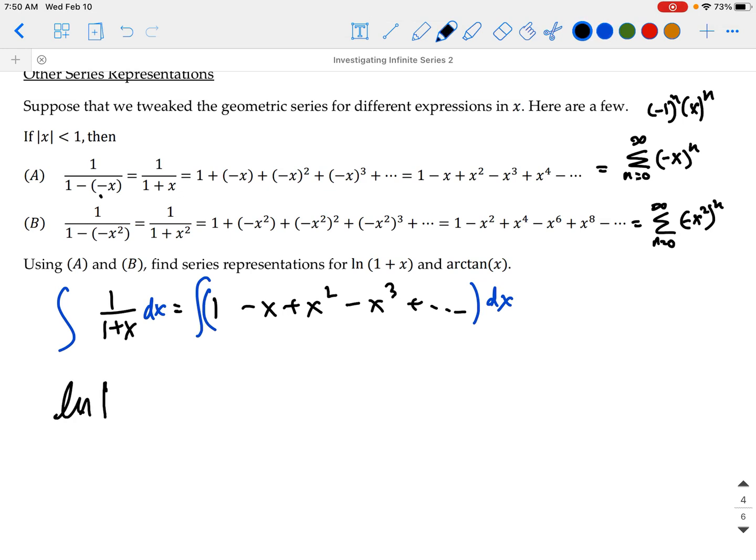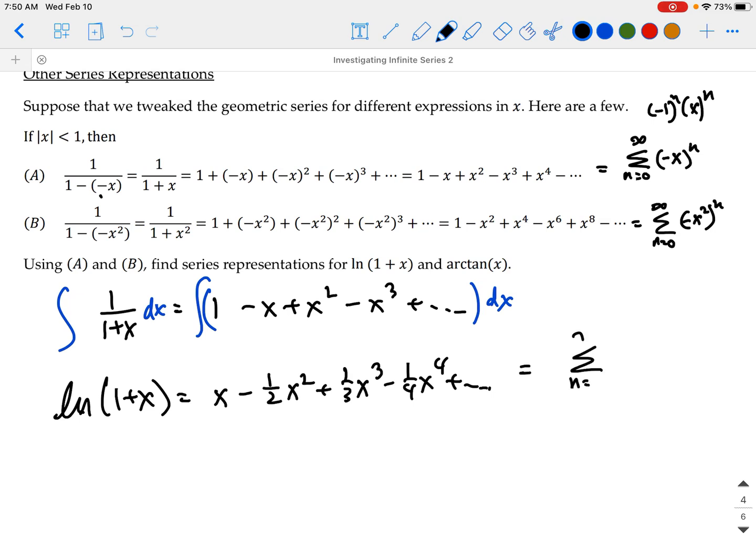So we'll end up with the natural log of 1 plus x. Note, we don't need absolute values since x is between -1 and 1. It's going to always yield a positive value inside of our logarithm. So we're going to get x minus 1/2 x squared plus 1/3 x cubed minus 1/4 x to the 4th, etc. And so that is going to be the same